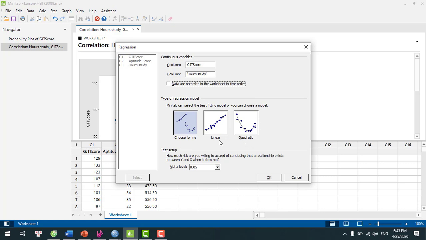Okay, and we do want a linear equation. We want a linear relation in this case, because this is what correlation is. Correlation is a linear correlation. All right, so we click OK,